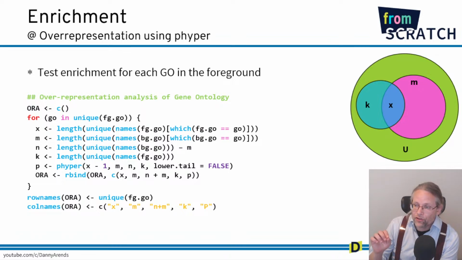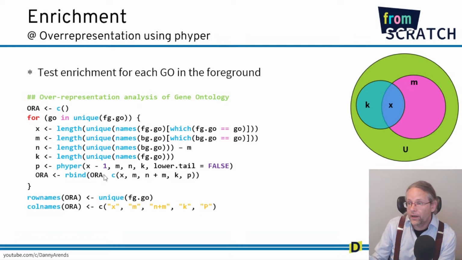But the test is asking me, is X smaller than or equal to the number that I observe? So the smaller than or equal, since we want to know larger than or equal, we need to subtract 1. So now it gives me smaller than or equal to X minus 1. And then we flip it around, which means larger than X or equal to X. So this is going to just give me a p-value,